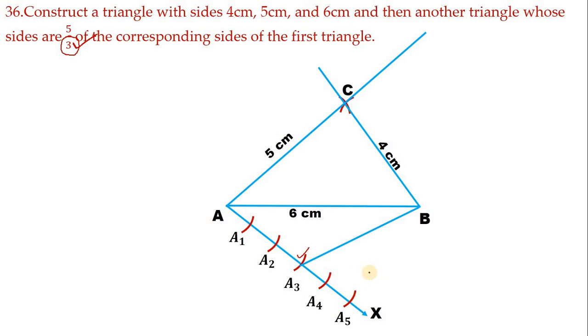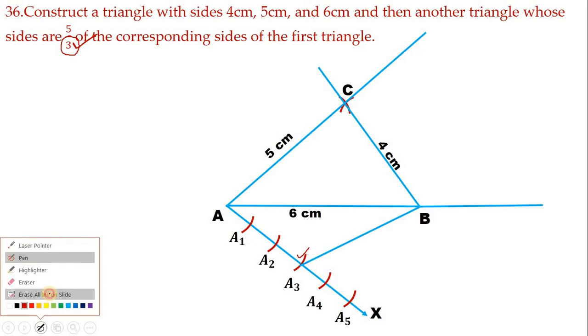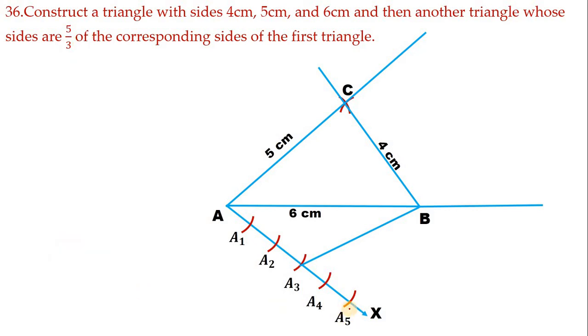Now the triangle we want to construct will be greater than this triangle ABC. Hence you have to produce this AB like this. Next, with the same radius, let it be 1 centimeter only, with A3 as center, cut one semicircle like this. Next come to A5, cut one semicircle like this. Next take the distance from A2 to this point. By using your compass only, take the distance from this point to this point.